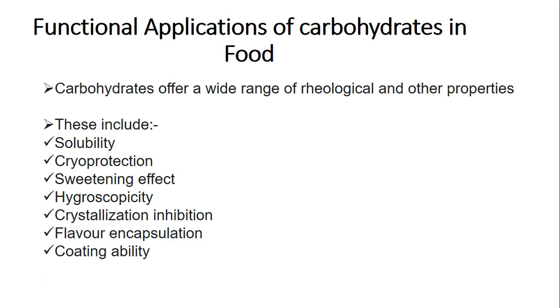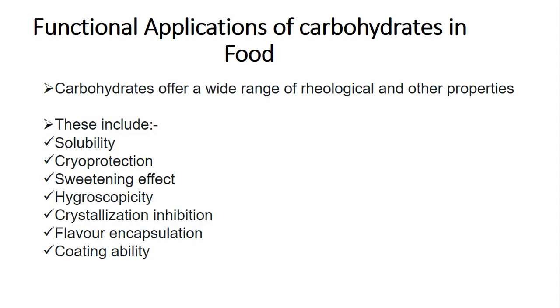You look at the source of energy, etc. Whereas if you're looking at these from a food application part of it, you're looking at how they are mainly involved in aspects to do with food processing. So you can look at things like solubility. As I mentioned, the branched polysaccharides tend to have a better solubility and can be used as thickeners in given